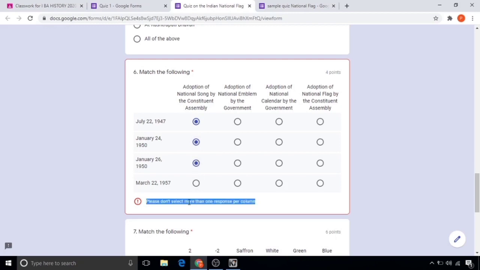If you choose against the rules fixed already, it will show a warning message below, like, please don't select more than one response per column. So removing all except one by selecting some other in the same row. Now see that the earlier warning has disappeared and it shows the usual message. This question requires one response per row. One more row is pending. If you select for that row, this will also disappear.